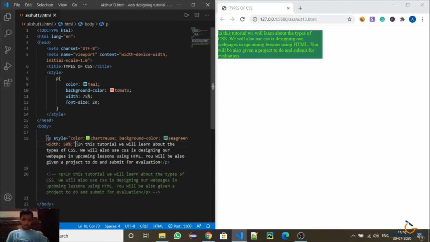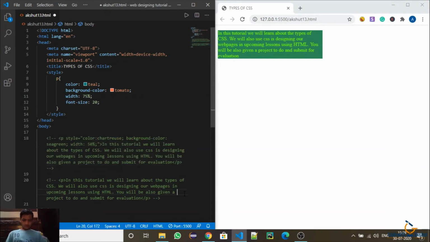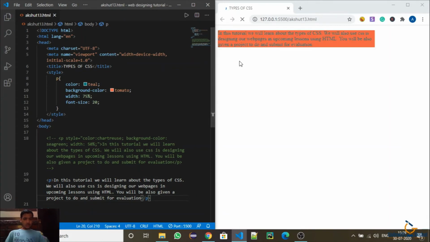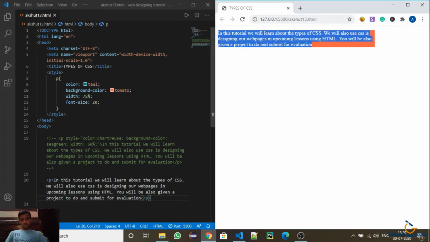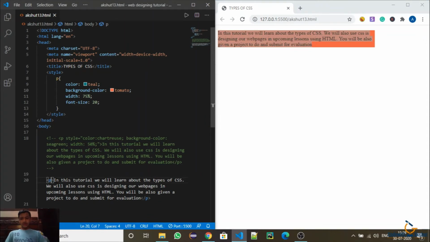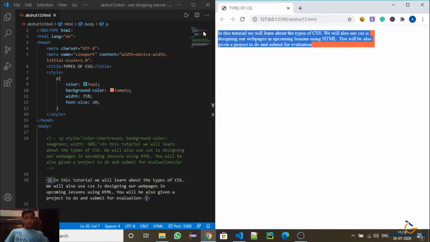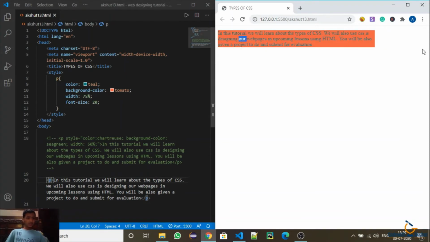Okay, now I will comment this and uncomment this. I will save it. As you can see, the p element has changed its background to tomato, font color to teal, width to 75% and font size to 20.